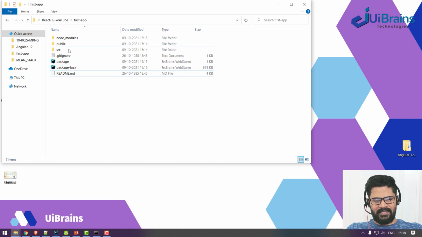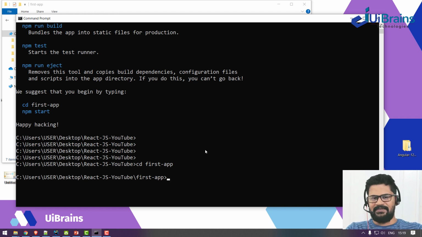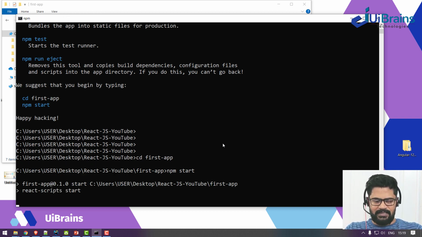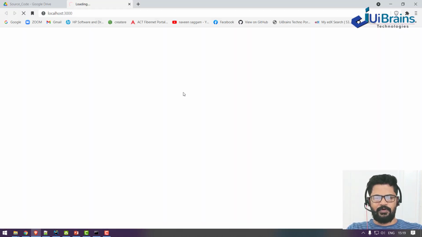First, let's see how this application looks, and then we'll understand what all the folders and files are, and then we'll see the control flow. So what I do is, I say cd space first app. I go inside first app, and how to run the application is npm start. Remember this command, npm start. So npm start is a command to start your application actually. So you enter. The first time you are starting your React.js, it will take a few more minutes. Later onwards, it doesn't take much time.